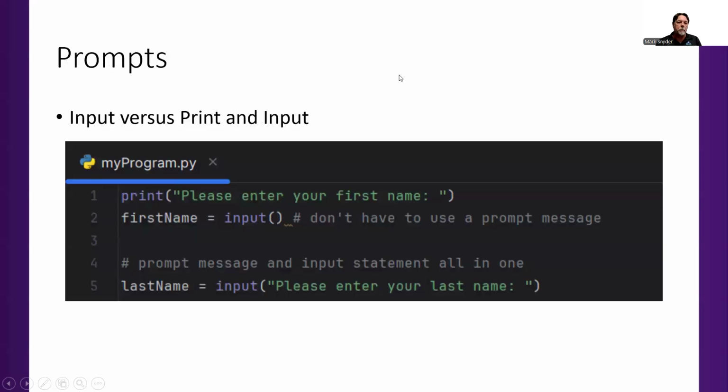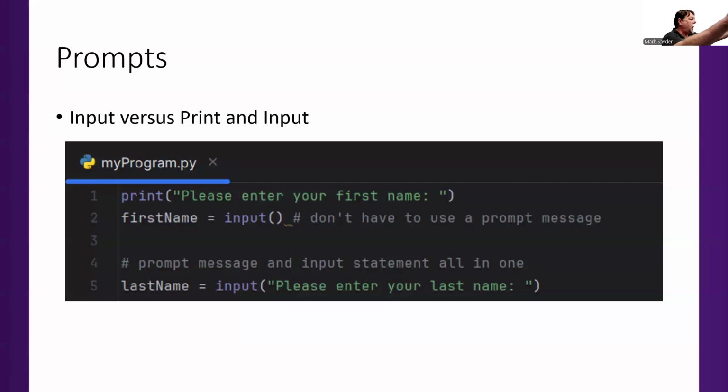Now I'm going to talk for a minute about your prompt messages. So in Python, we have been doing input statements to get our input data from the user. And we've been doing it the second way. Well, you can do it two different ways, is what this example is showing you. You can do it the second way where you give it the prompt message inside the input function call,